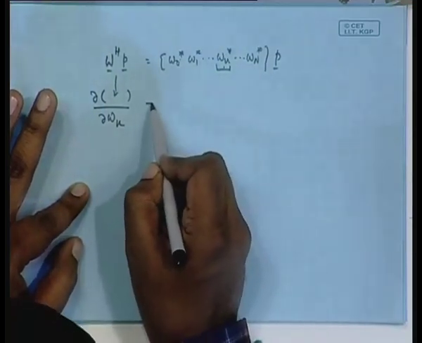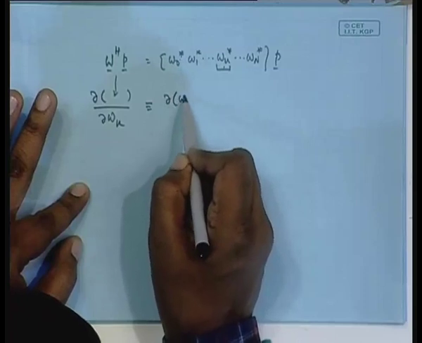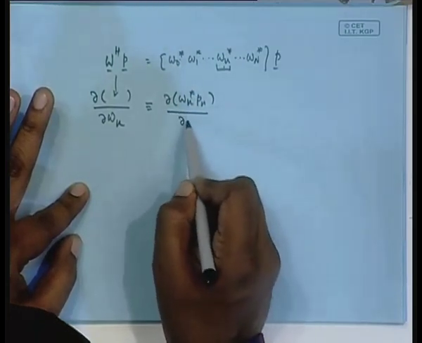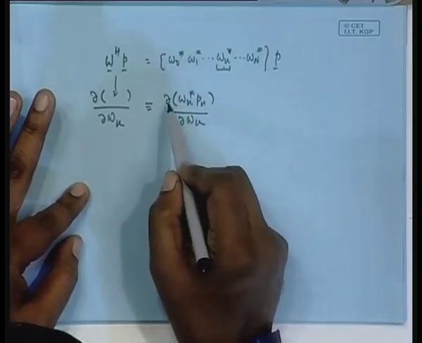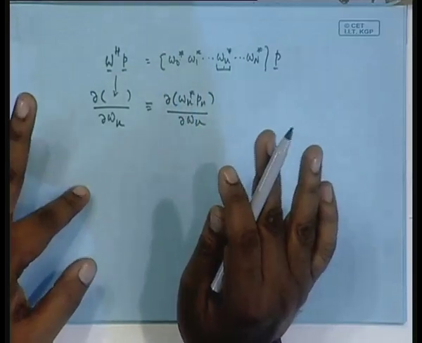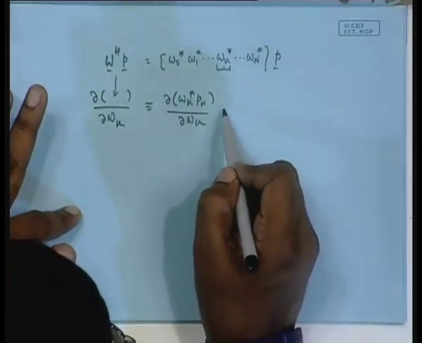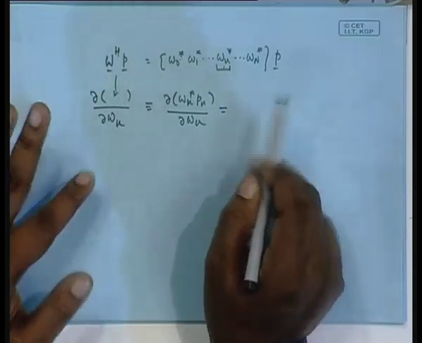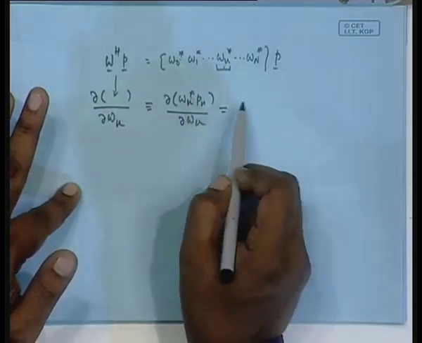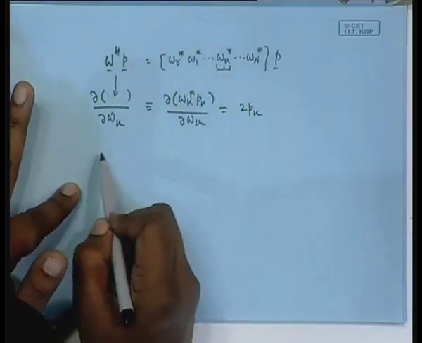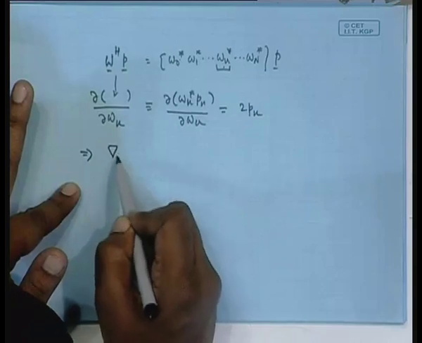So, this will amount to del WK star PK, two scalars, divided by del WK, I mean this not divided by, never assume that dx dy means dx divided by dy. And this we have seen is twice PK, isn't it? When you have star, there is no problem, no 0 comes up, twice PK. Obviously, this means del W